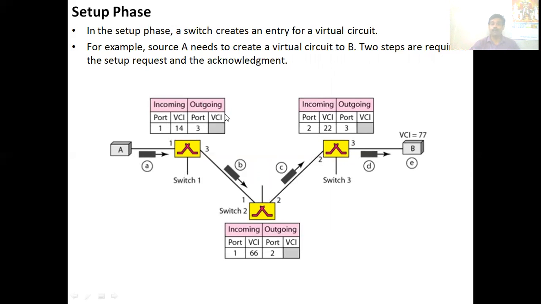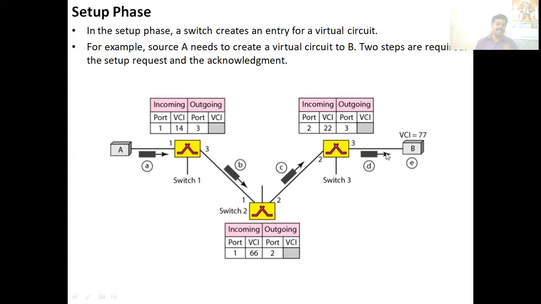It will not fill the outgoing VCI. Similarly, all the successive switches, switch 2 and switch 3, will do the same. And this setup request frame will reach the destination or receiver.